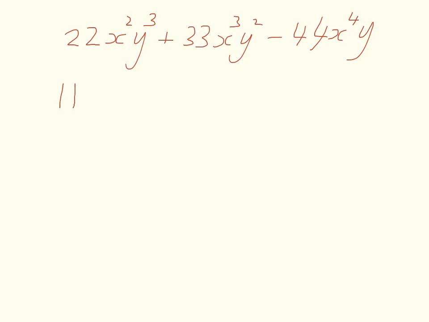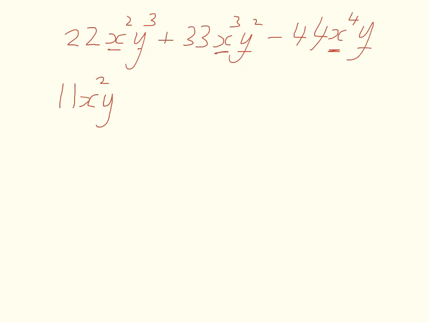Now let's see how many x's they've got in common. This has got an x squared. Now this is x cubed, so that's x squared times x. And here's an x to the 4, so that's x squared times another x squared. So they've all got an x squared in common. So I'm going to take that out. Now this is a y cubed, a y squared and a y. So the only thing that's common to all of them is just one lot of